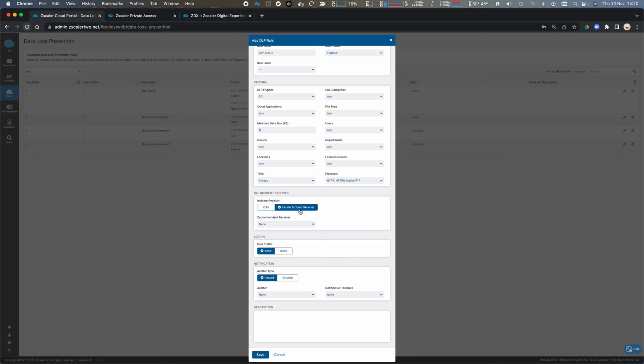We can have the Zscaler incident receiver. Zscaler is going to scan that content. We can integrate with ICAP services as well. And I don't have an incident receiver here for that to receive that payload and inspect as well. The action, do I allow or block? And then if we